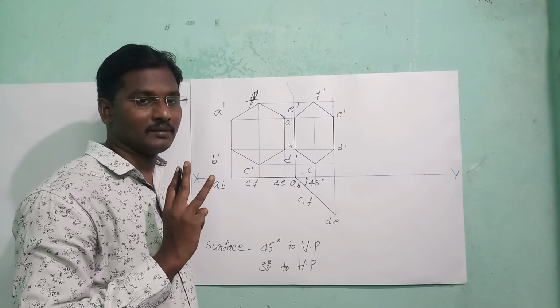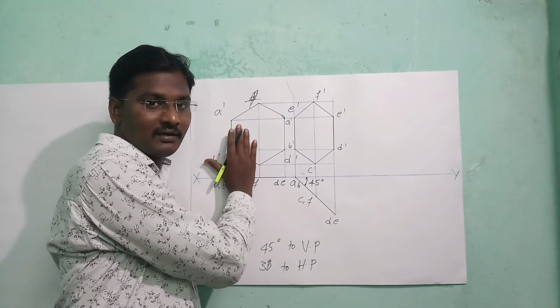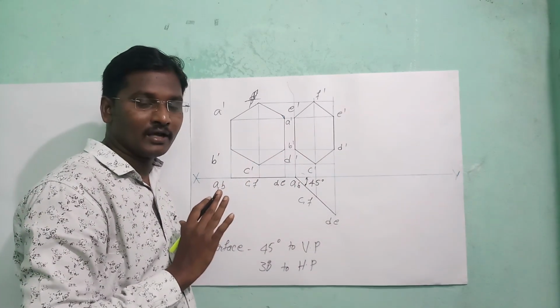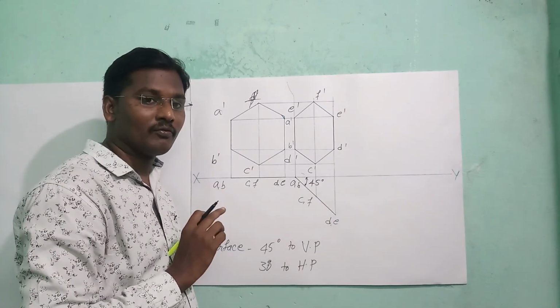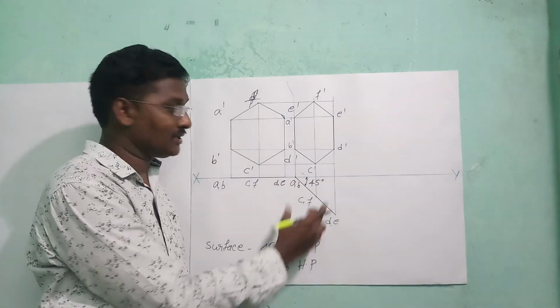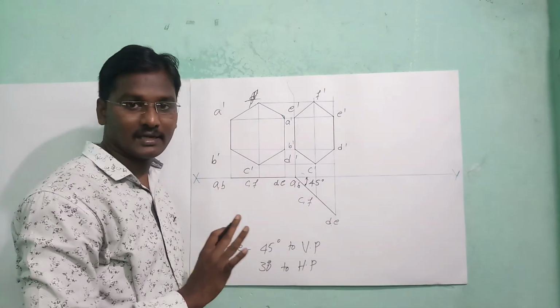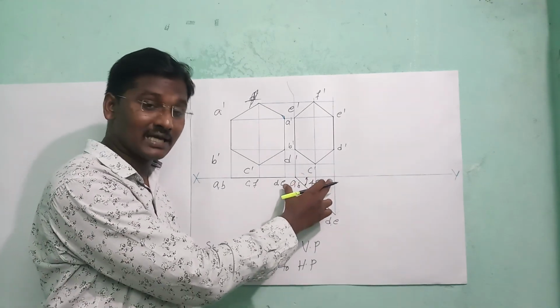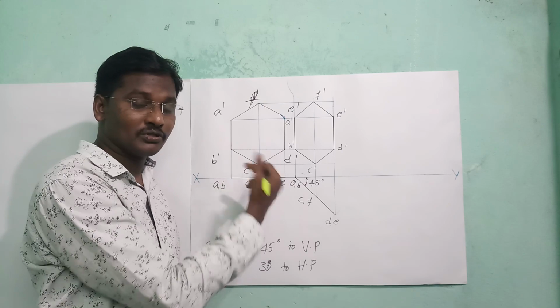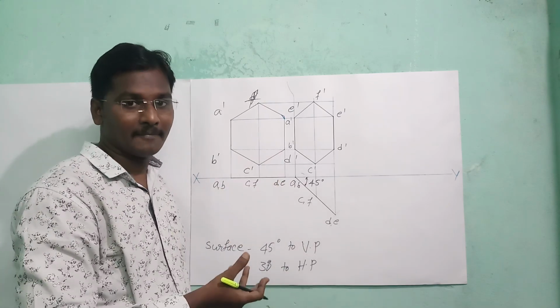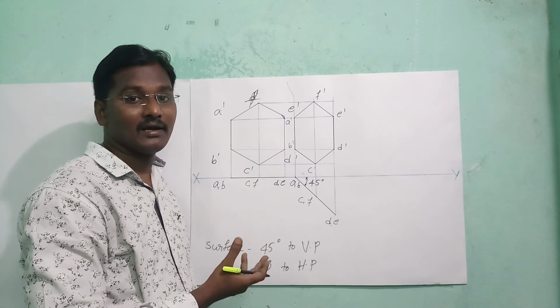We need to draw the 3 positions. One is the rest position, then the surface inclination and another inclination. Now in this problem, what surface inclination has been given? Inclination to VP. That means up to here the problem is correct. You need to draw the problem like that. In the second position in this case 4, he may ask for a surface or lamina.